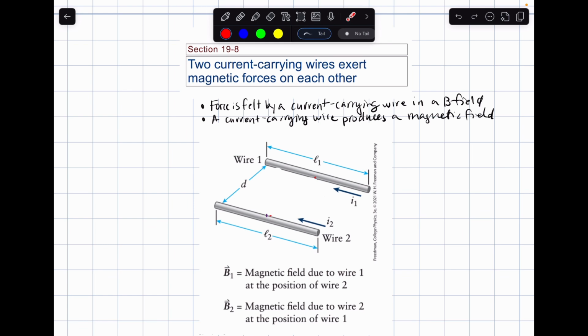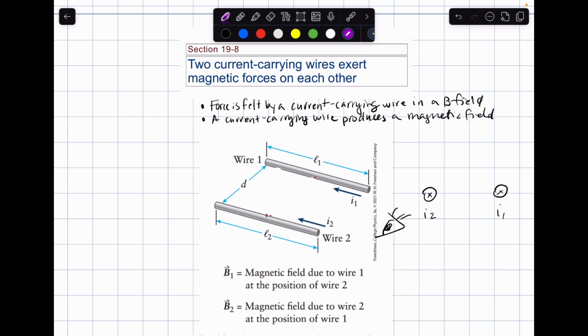So let's find the direction of that magnetic field. We're going to stick our thumb in the direction of wire 1, and we're going to curl our fingers around and stop when we are to the left of wire 1. So let me draw it side by side. I'm going to draw this picture from this perspective. They're both pointing out of the page if we're looking at it like this. So if this is wire 1 on the right and wire 2 on the left, wire 1 creates a magnetic field